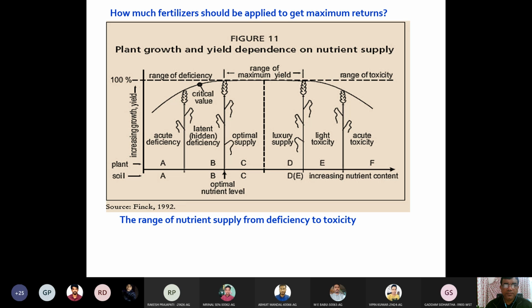That 90% yield between A and B. See, this is a very hypothetical graph. It is not exactly a measurement. It is just to make you understand what a critical value is. So don't go for A and B and this and that. It is just to make you understand that a 10% reduction in growth means you can expect a 10% increase in growth or yield of the plant. That particular level